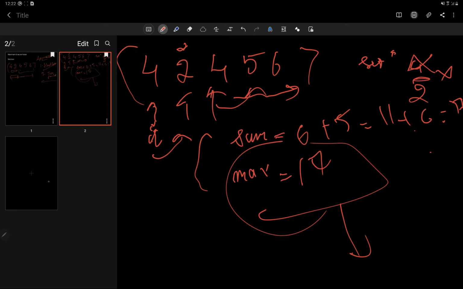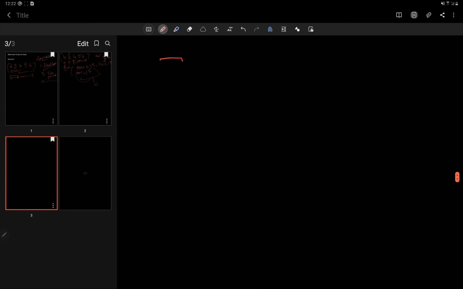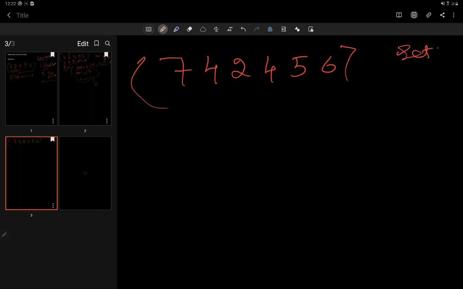Now moving on to a little bit more complicated example, that is if 7 is placed in the beginning of the same array. Now how are we going to approach this? In the previous example we just incremented i, but is that the case here? No. Let's see. So this is a set, and this is the variable max as well as sum. So moving on, we got 7. So initially the sum is 7, the maximum is 7 as well.